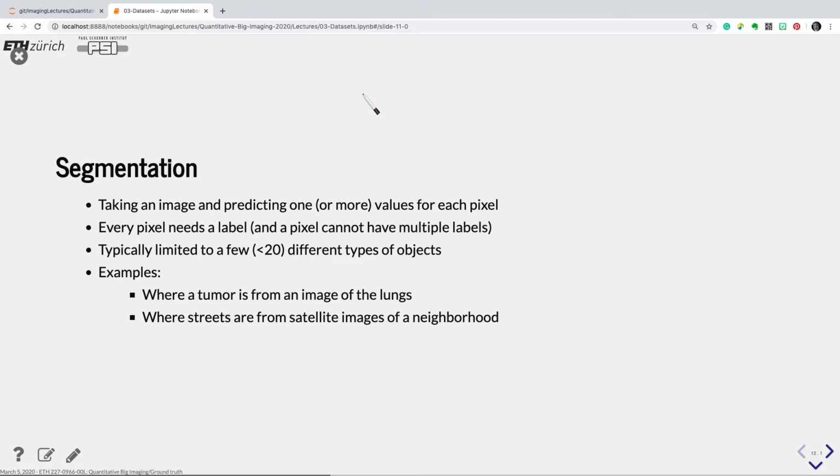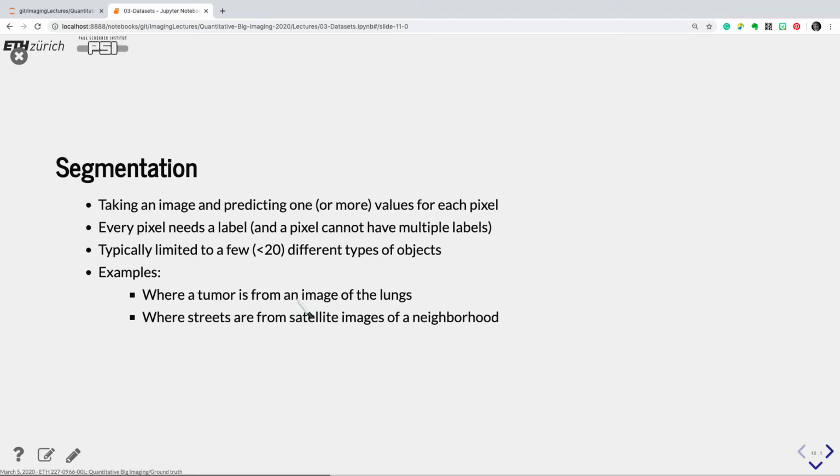So for that we use machine learning techniques to find the roots. Every pixel in the end will need a label. So in the training data you have to have a matching image with what you would expect it to be. And then of course the output will be that the roots are labeled. Often it's limited to a few number of objects or types of objects. In this case it's mentioned 20. It's already pretty many.